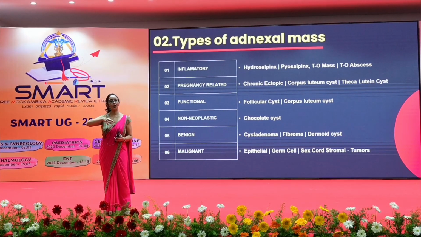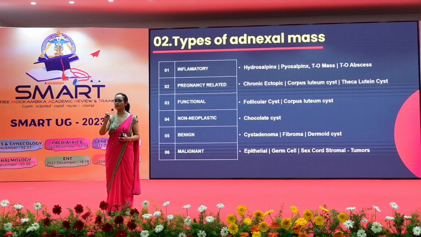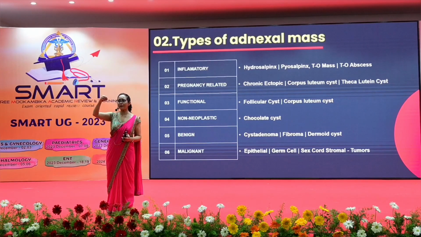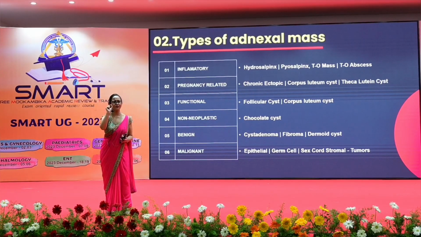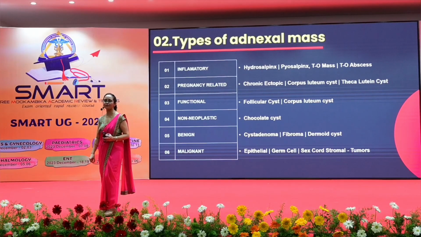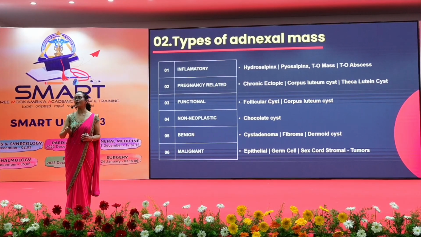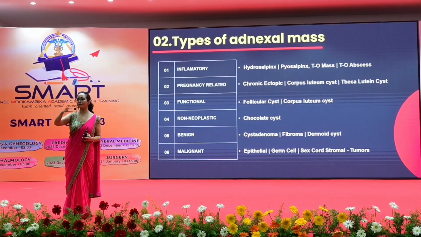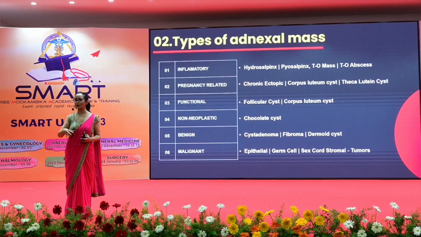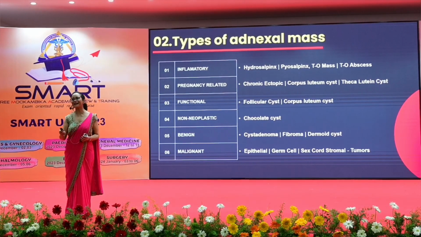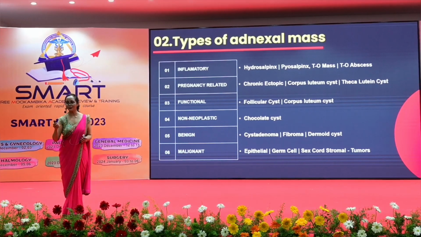Now the corpus luteum shrinks. This follicle, when all the fluid comes out, becomes corpus luteum. Now suppose that the pinprick-like punctum which was there gets clogged. It is a very small, nanometric punctum. So if it gets clogged by some blood or mucous material, then fluid will keep on collecting inside that. Then what kind of cyst will it become? Corpus luteum cyst.